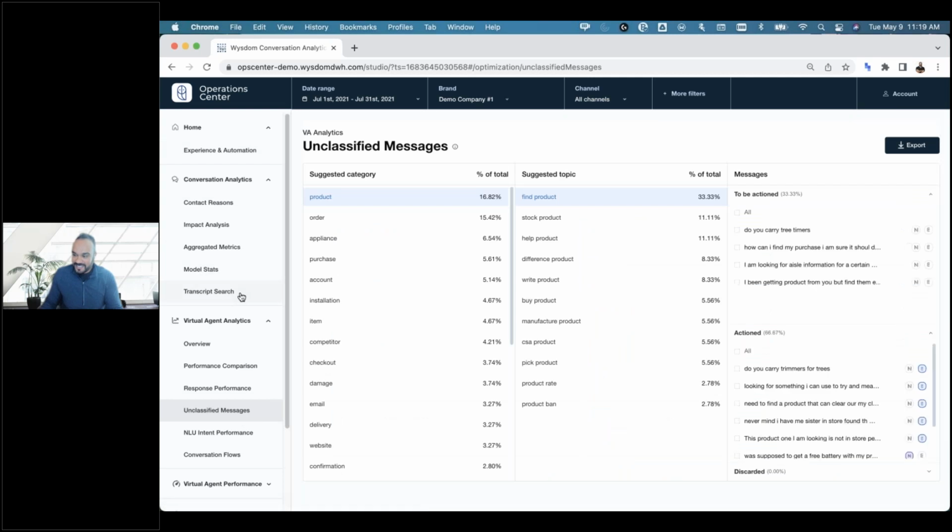So this section here in conversation analytics is really around the topics. So looking at those transcripts, what is the customer asking about, and then calculating metrics. Virtual agent analytics is a little bit of a different view. It's more around how did my bot handle things? How is it configured, and how did it handle what was going on? So it takes in more of that metadata and your corpus data from your bot, your actual AI model, your intent organization, your conversational flows, the way you're setting up entities. It measures your NLU, your bot repetition rate, things like that, rather than that topic view.